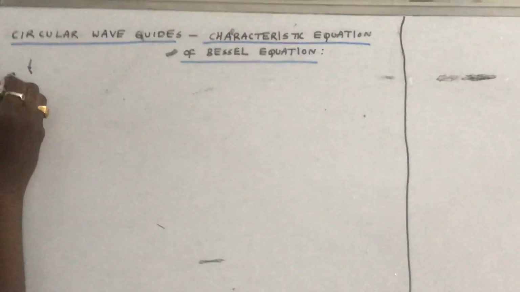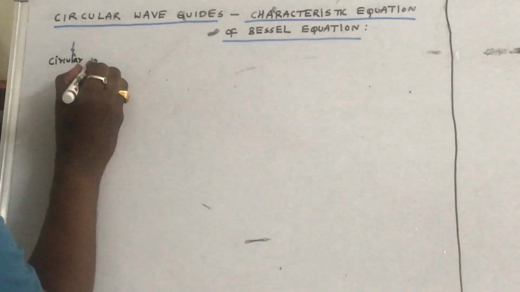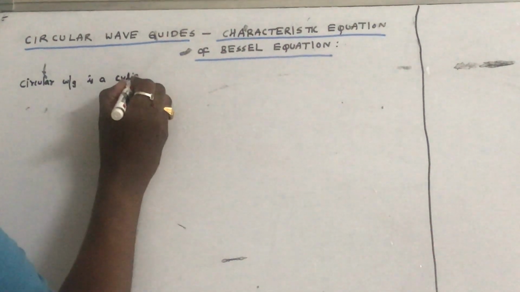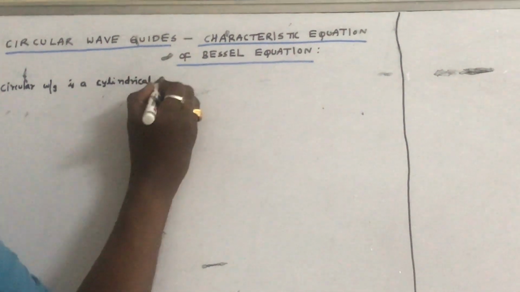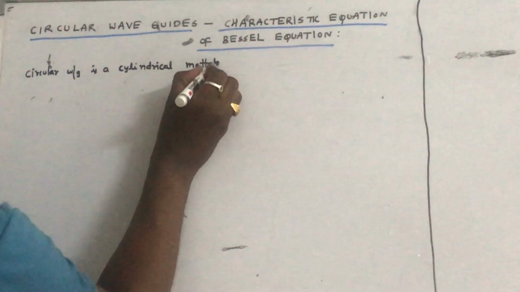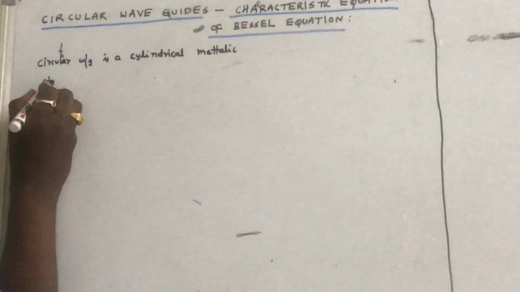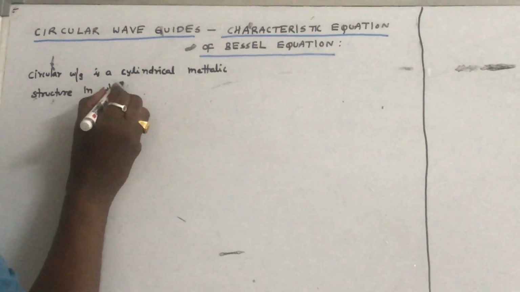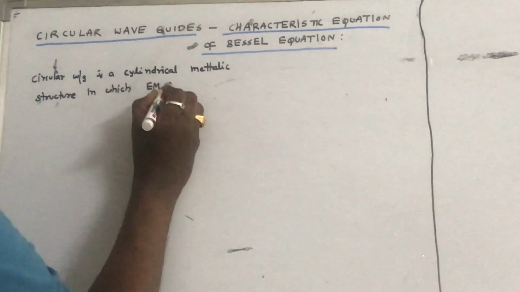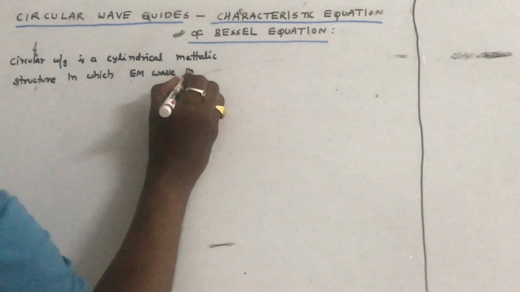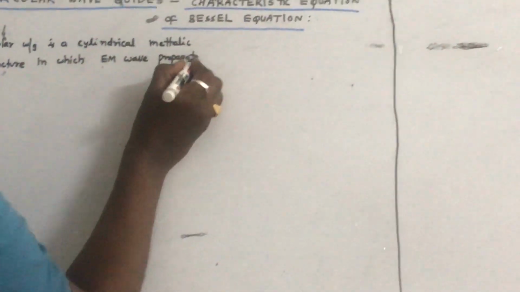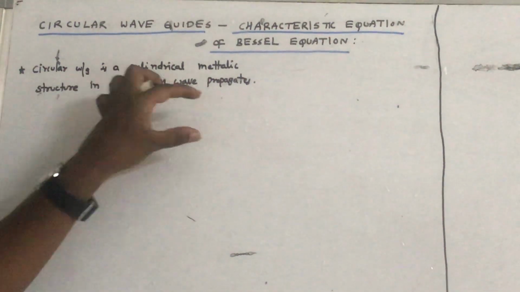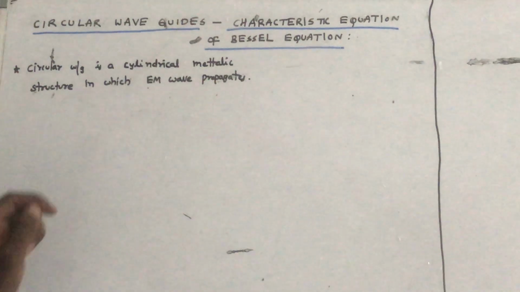Circular waveguide is a cylindrical metallic structure in which the electromagnetic wave, EM wave, propagates. First, what is this? So the first point is the circular waveguide is a cylindrical mechanical structure or tube in which the electromagnetic wave